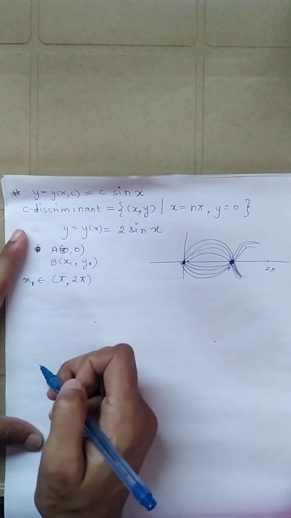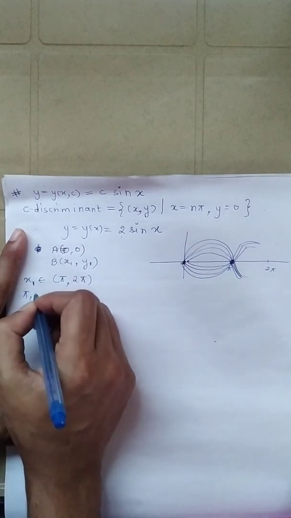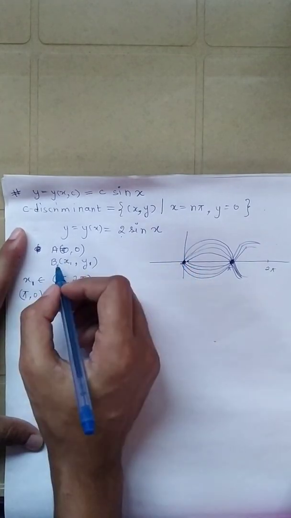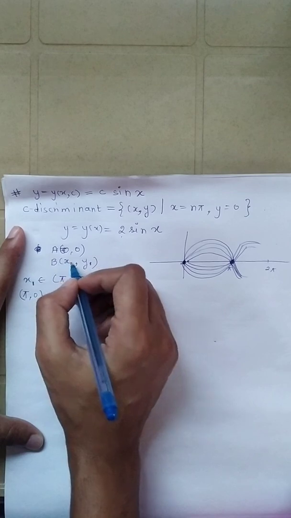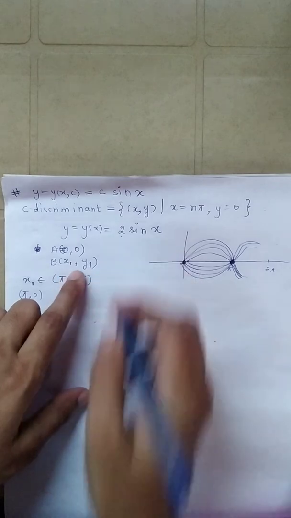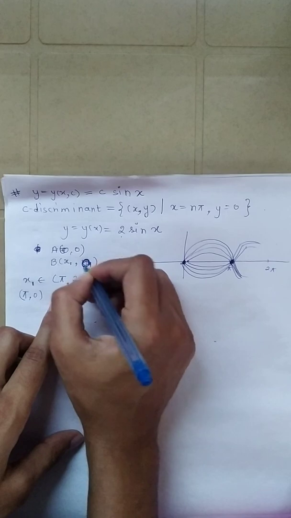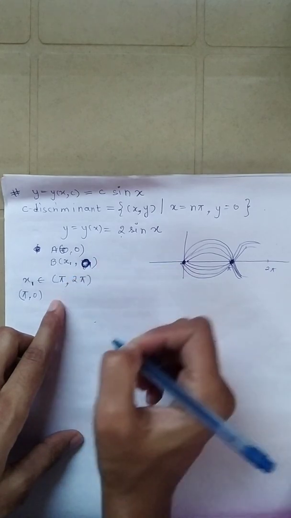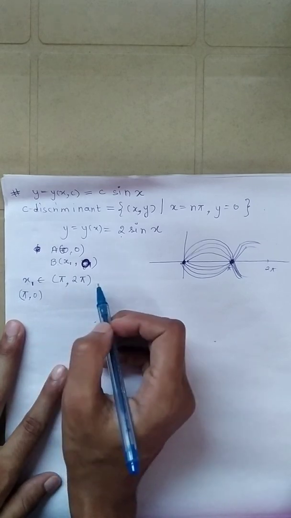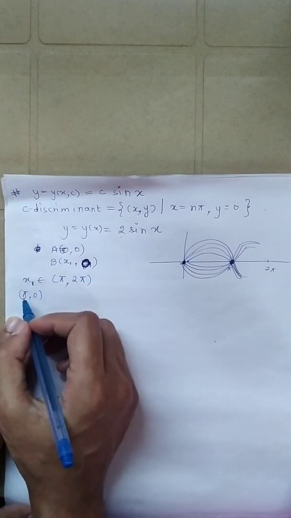Then the arc AB contains the point (pi, 0). Whatever the arc AB is, let me take B as (x1, 0), the second point of the arc. If this x1 is lying in this interval (pi, 2 pi), then this arc AB contains the point (pi, 0),